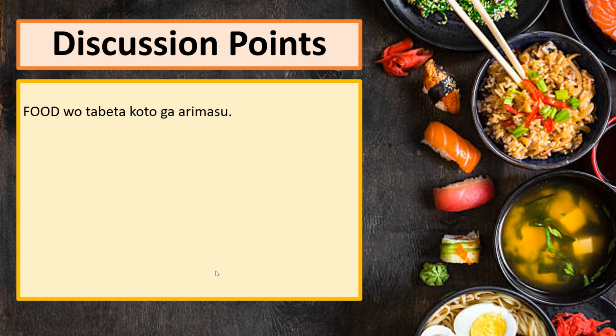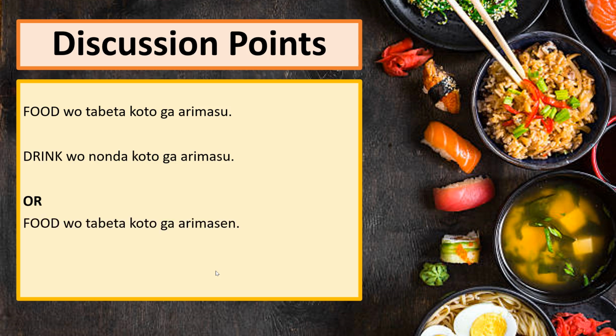Food を食べたことがあります。Drink を飲んだことがあります。Food を食べたことがありません。Drink を飲んだことがありません。